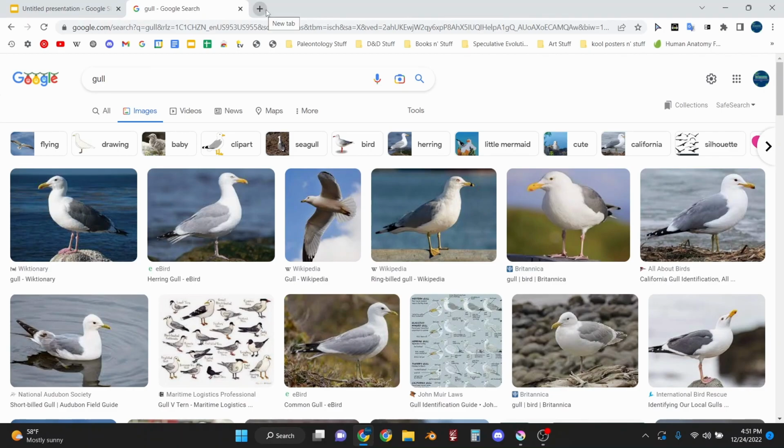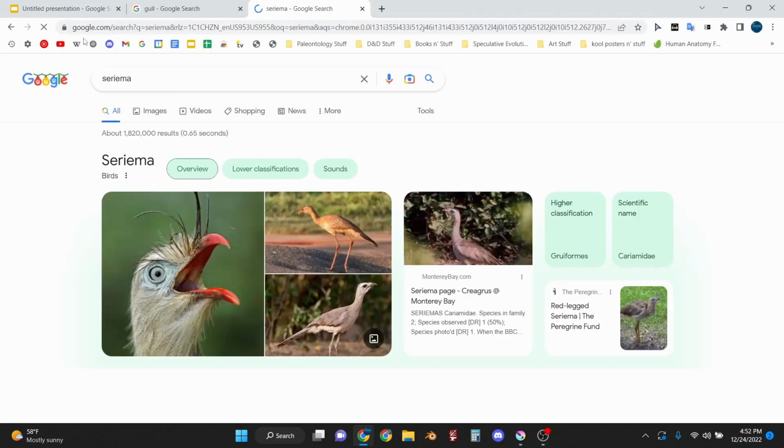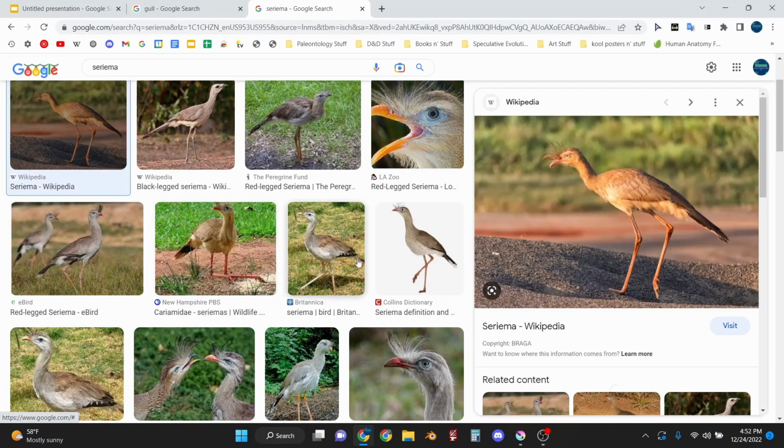Like, gulls are pretty carnivorous. They eat things like fish. So how long would it take for them to start chasing down lizards and other land-dwelling prey? Maybe from there, their legs will get longer, their beaks will acquire a distinct hook. Perhaps they'll grow larger and start flying less, since there are no other predators to threaten them. And perhaps they might end up in a situation similar to the Sariema, a long-legged running bird that can fly but doesn't very often.